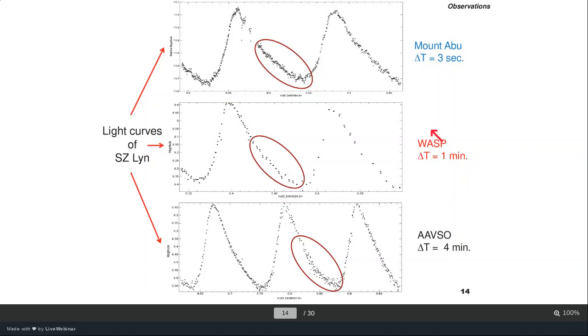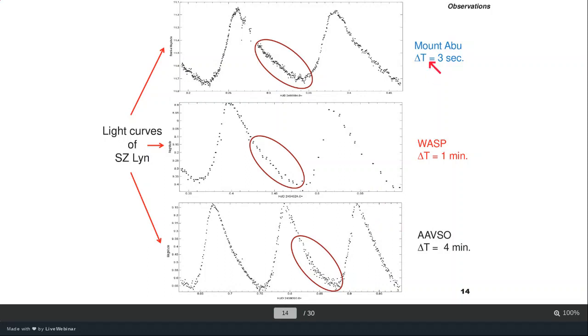This project is actually going on to investigate exoplanet systems, but this project also observed the Z-Lin, so I just got that data set as well, and there are some data available at the AAVSO site as well. So I just got this Z-Lin from the AAVSO as well.